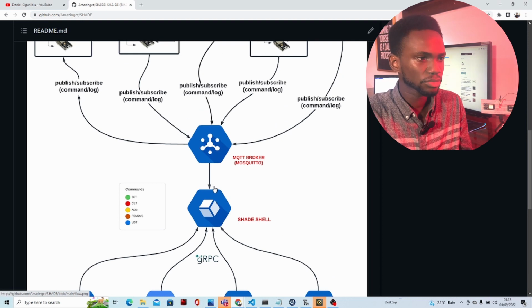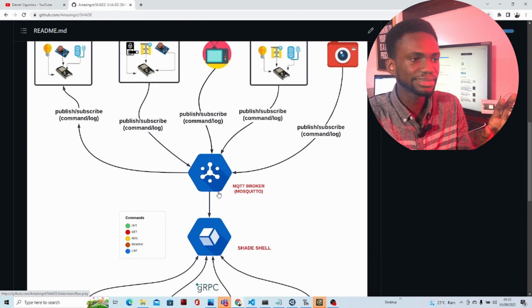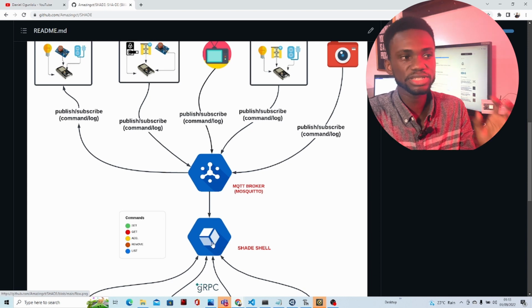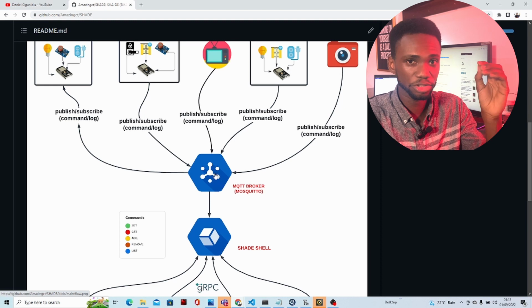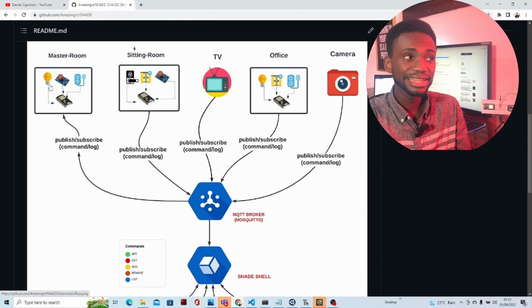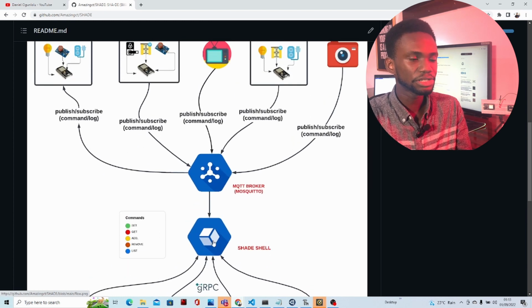So basically, as a user, you don't interact with the broker, you interact with Sha-De shell. And whatever you need Sha-De shell to do, Sha-De shell sends the right command to the MQTT broker, or publishes the right command to the right topic in the MQTT broker. So, for instance, if I want to turn on the light in the master room, all I need to do is come to this Sha-De shell and tell it to turn on the light in the master room, and Sha-De shell generates the right command for that,